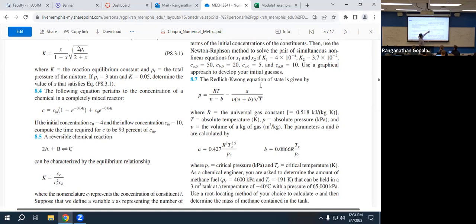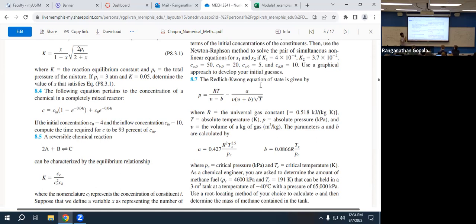Okay, where all the symbols are explained. R is given, temperature is given, pressure is given, specific volume is given, parameters are given, and PC is the critical pressure, TC is the critical temperature. Now,